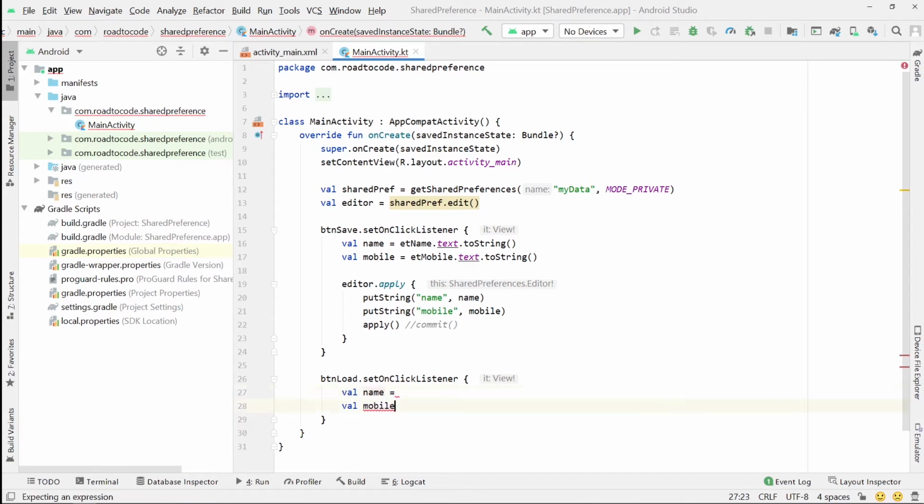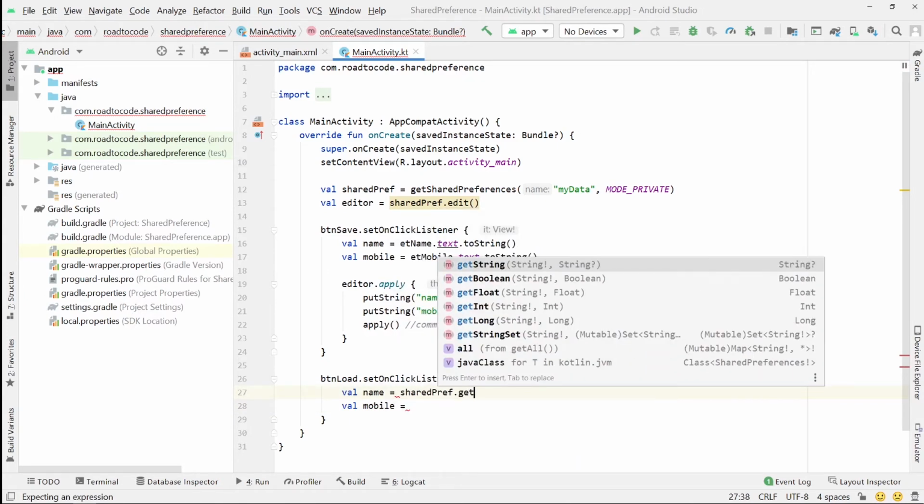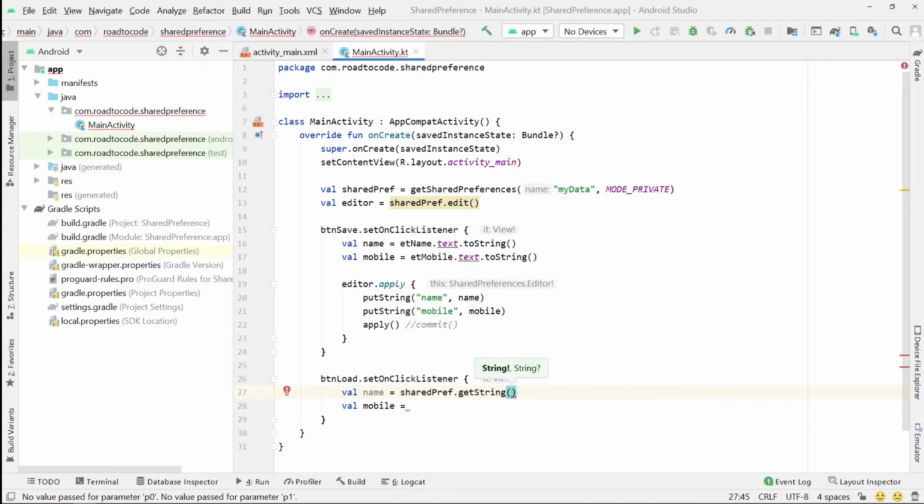And how will we retrieve from the shared preferences? Using sharedPref.getString. The first parameter will be the key of the data.